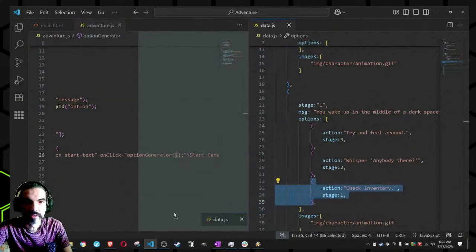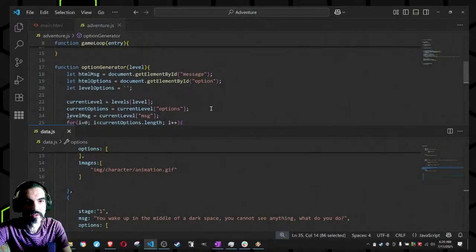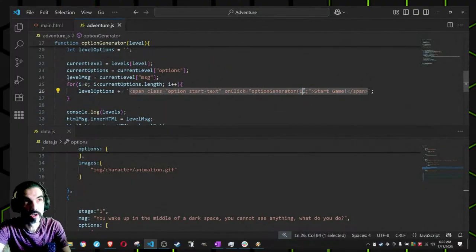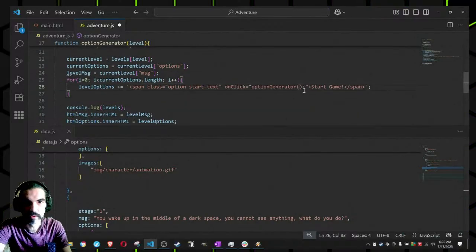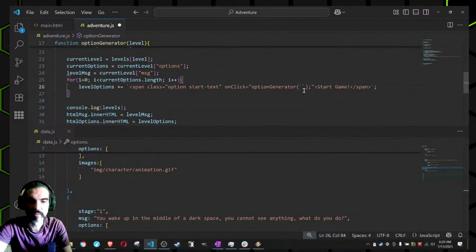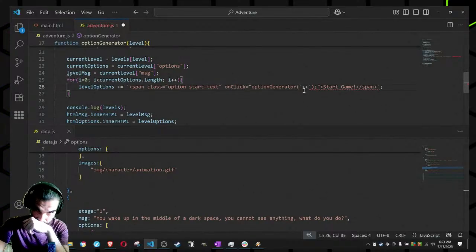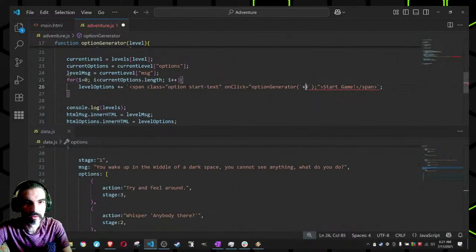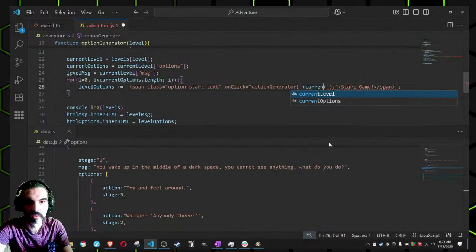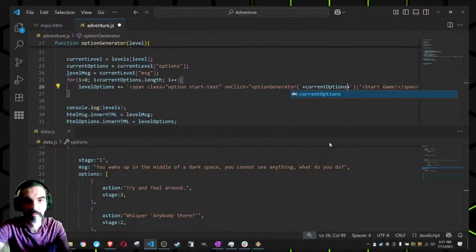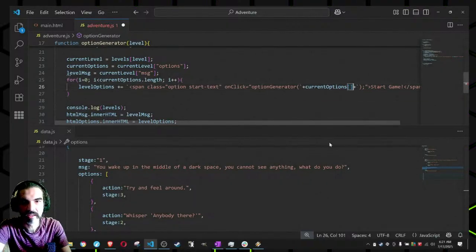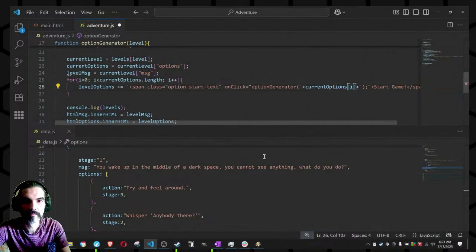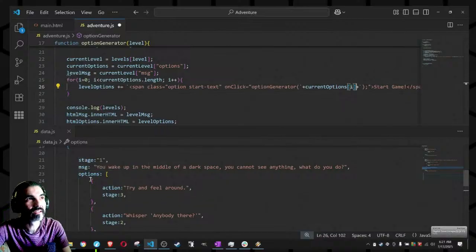So let me do this here. Maybe a bit better to see it top to bottom. I'll take the 1. I don't want to always go to 1. I want to essentially make this dynamic, so this is where we use our variables. Here, I'm going to look inside current options, and then the value in which we're currently looping through, so whatever I is at that moment in time. And inside of I,